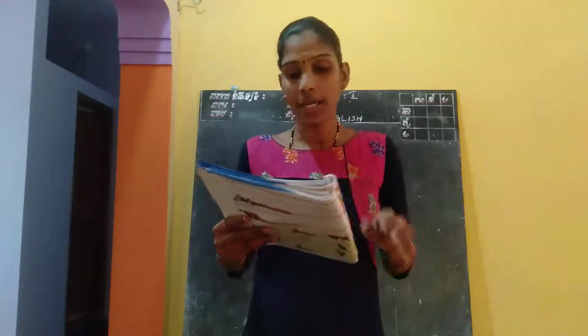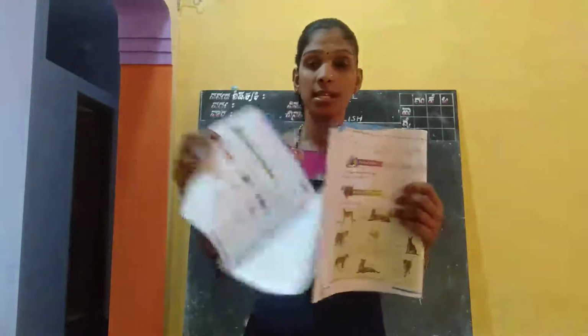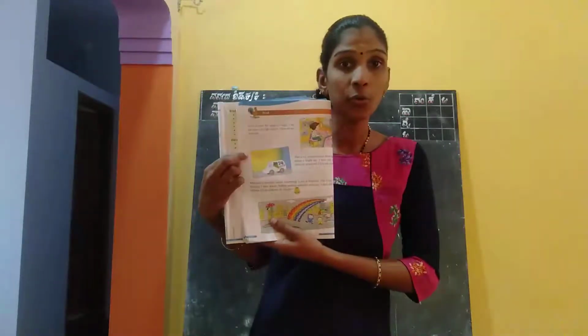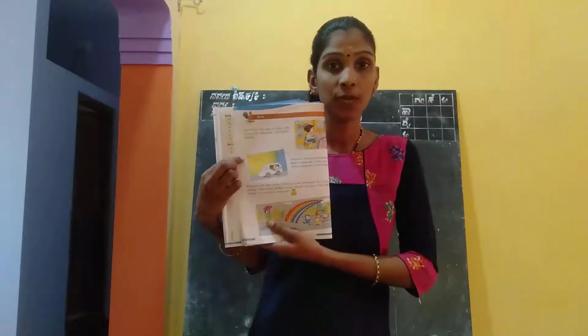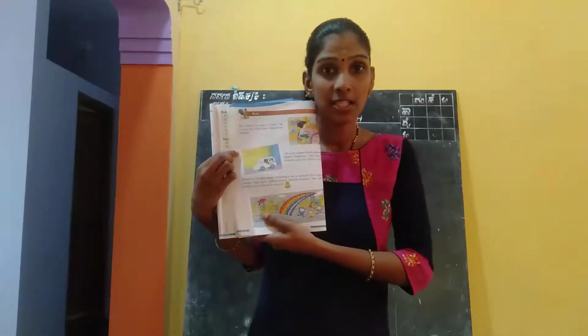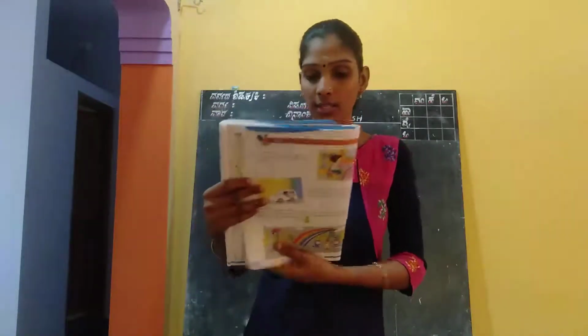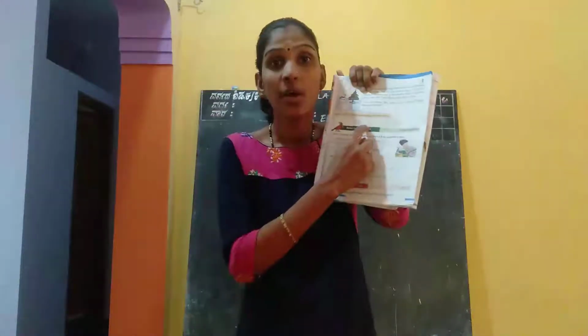Okay. See, first one: Gulgul has drawn a moon in her summer picture. See her summer picture. It is the summer picture which she had drawn. Did she draw a moon in the summer picture? What is there, sun or moon? The sun is there, right? She had drawn a sun in the summer picture, not a moon. So the first statement is wrong. Put a cross mark there.